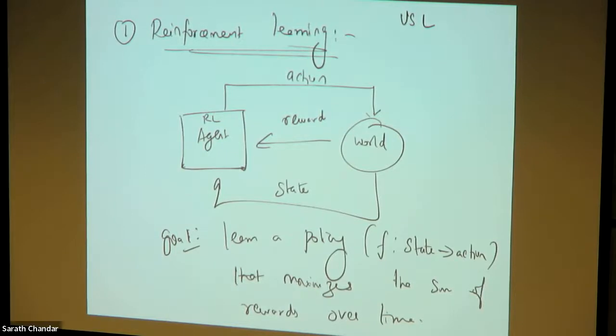Okay, now how to design machine learning algorithms which can take these scalar rewards as supervision instead of the actual labels. Okay, so that is the idea of reinforcement learning. It is very different from supervised learning and unsupervised learning. Okay, now